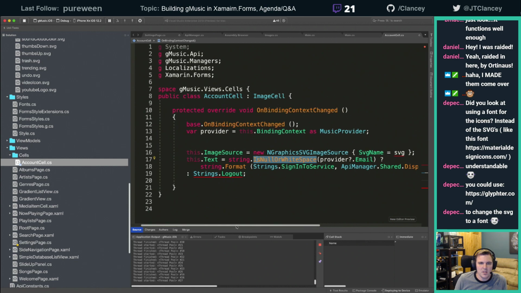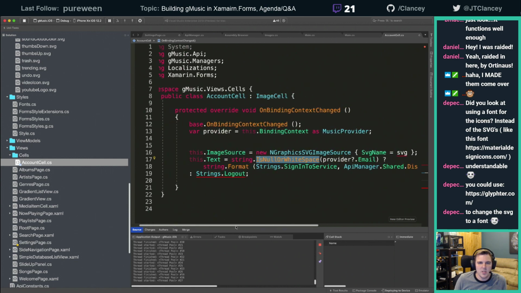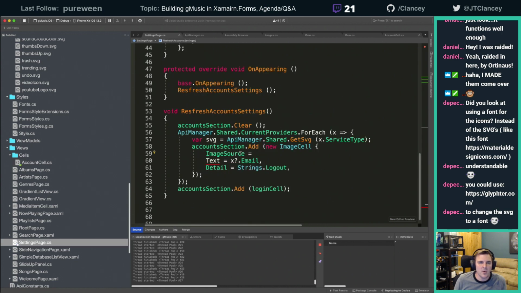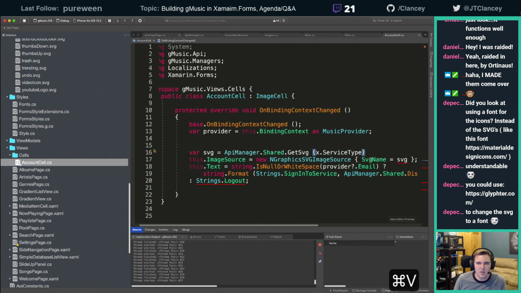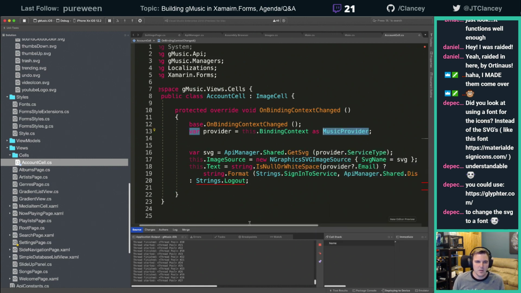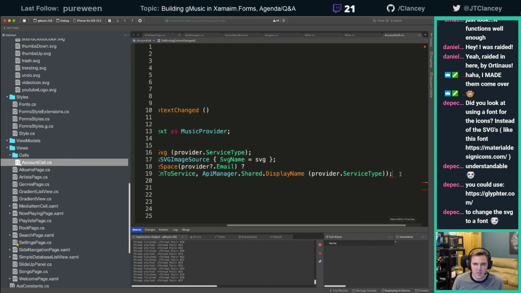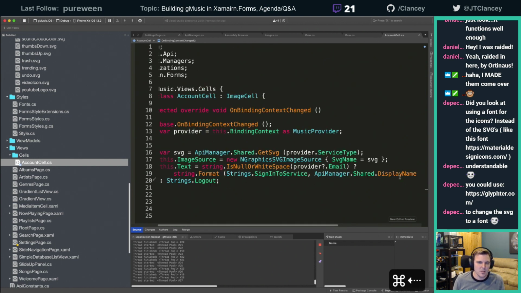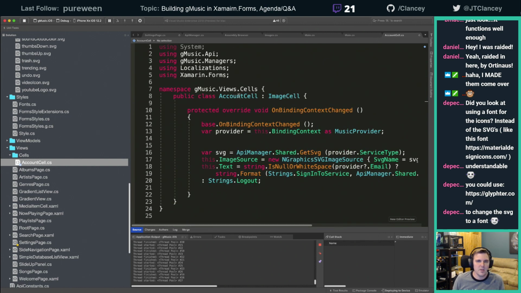Strings.logout. Okay, SVG is going to be, grab that one more thing here. Almost ready, almost ready. Put that there. And your provider. Now, why is that complaining? Oh, there's a comma, semicolon there. No semicolon. All right, so now we have this account cell, and we'll say if